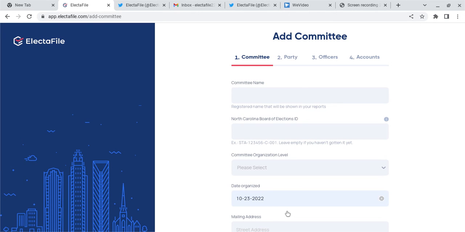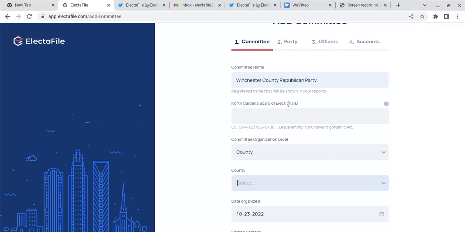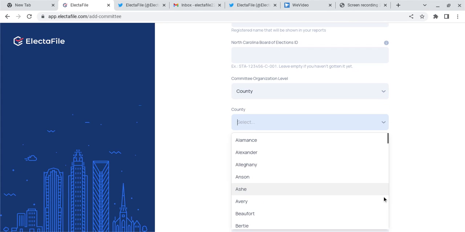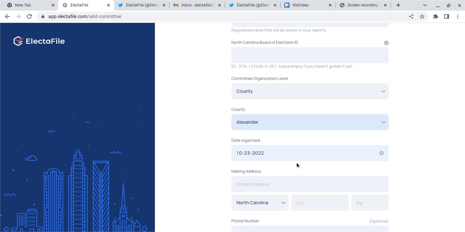And then you'll start entering the committee name that this account will be associated with. So let's say that you are the Winchester County Republican Party. The North Carolina Board of Elections ID number is something that you may not have yet if you're just getting organized. We'll leave that blank for now. You're a county party, so you select county level. County Winchester is not going to be on there, so we'll just pick Alexander up in the mountains to start off with. You'll enter the mailing address,